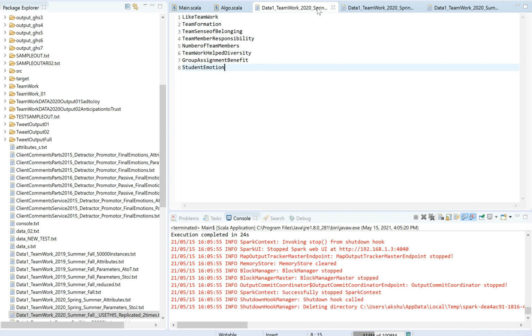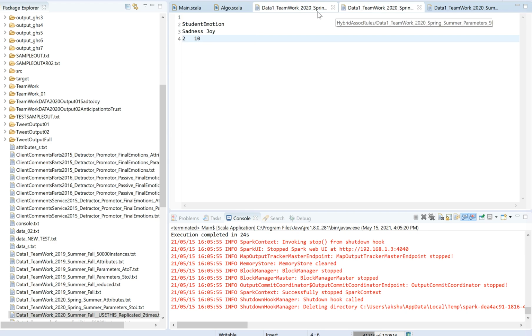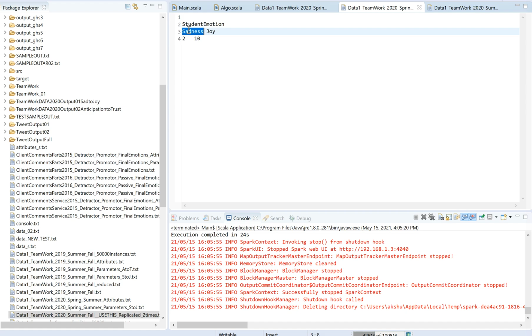So this one is the attributes.txt file. These are some of the attributes like teamwork, team formation, team sense of belonging, team member responsibility, etc. And this file is the parameters file. Here this shows the decision attribute, which is the student emotion, and it needs to be changed from sadness to joy.